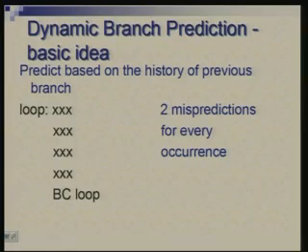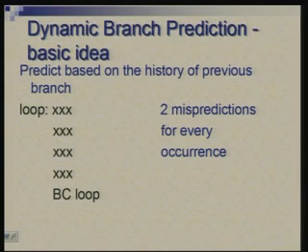But on the other hand, if you had chosen a static branch policy here, saying that you always predict that the loop will be taken or the branch will be taken, you will make one mistake per loop. Okay. So, apparently the dynamic prediction strategy does worse than the static prediction strategy in this case.